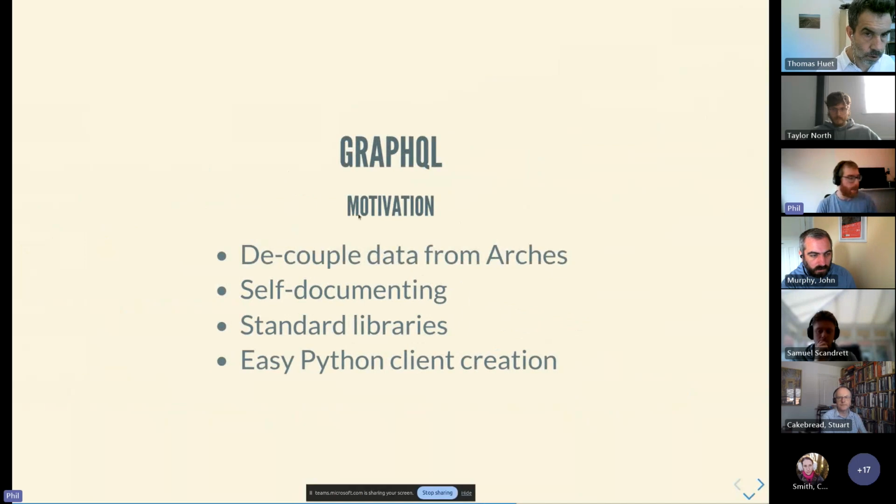So the other thing this enables is the GraphQL APIs. I think you've seen me talk about this before, but now we've got this a lot more automated and rewritten. The idea of this is that we start up an API endpoint, and it talks to the Arches ORM, which gives it the entire structure of all of the Arches resource models you want to make available. And we've even got a little Python client library so that you can, from Jupyter notebooks if you do data science, or from